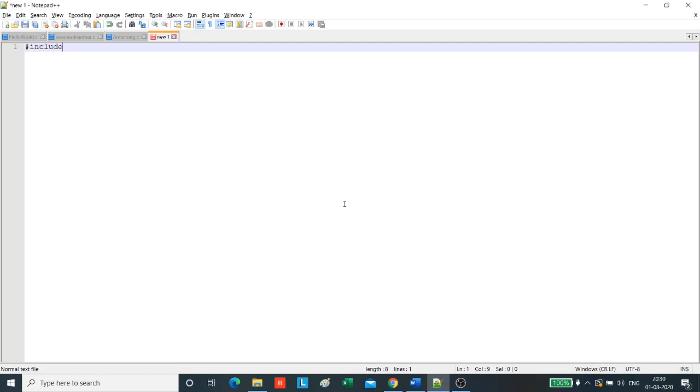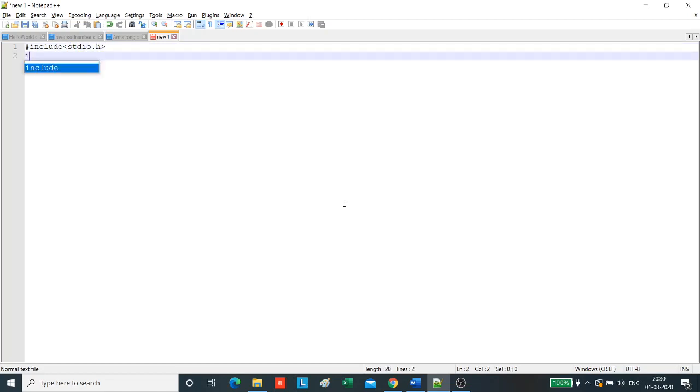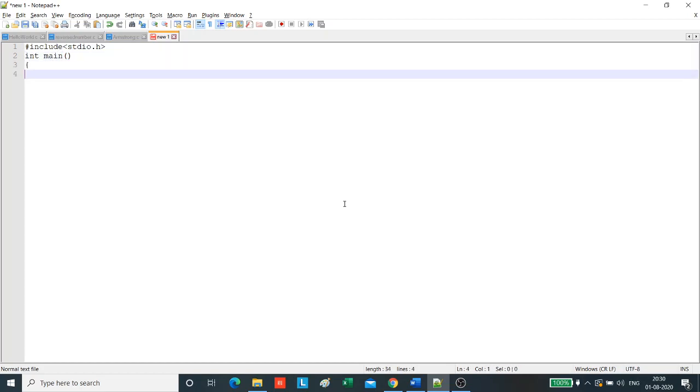Hash include the header file stdio.h. Then comes the main function, int main. Now we will declare the variables: int number, reverse, sum and temp, a temporary variable.